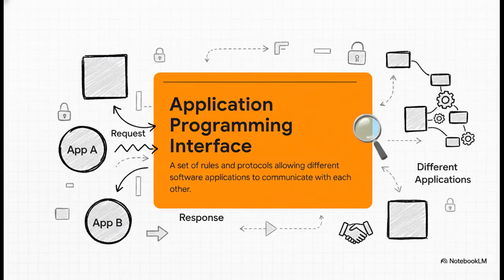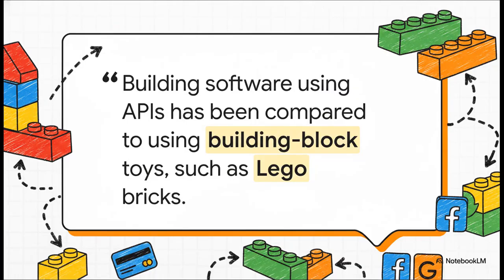So now that you've got that picture in your head, let's look at the official definition. An application programming interface, or API, is just a set of rules that lets different apps talk to each other. You can think of it like a service contract between two pieces of software, spelling out exactly how they're going to talk. Here's another great way to think about it. APIs are like Lego bricks. Seriously, instead of a developer having to build every single part of an app from scratch, they can just use APIs to snap together existing services, things like payment systems, maps, or social media logins, to build something totally new and do it way, way faster.